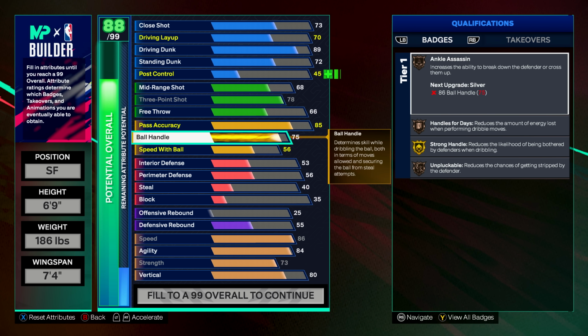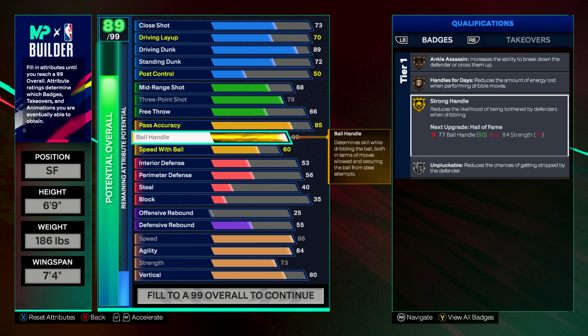And now ball handle, max it out to an 80. It's going to get you the best dribble move in the game, which is the Zach LaVine snatchback, the Zach LaVine moving step back, whatever you want to call it. So yeah, that on a 6'9", it hits. It freaking hits. So with the badges though, we get bronze ankle assassin, bronze handles for days, gold strong handle,